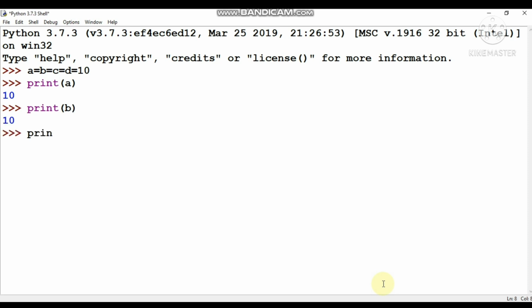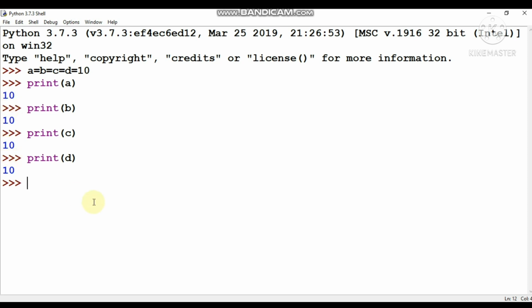When you print c, the value will be 10, and in the same way when you print d, the value will be 10. So here you can see there are 4 variables a, b, c, d, and one value, 10, which I have assigned to all 4 variables, and the value of a, b, c, d is 10, 10, 10, 10.